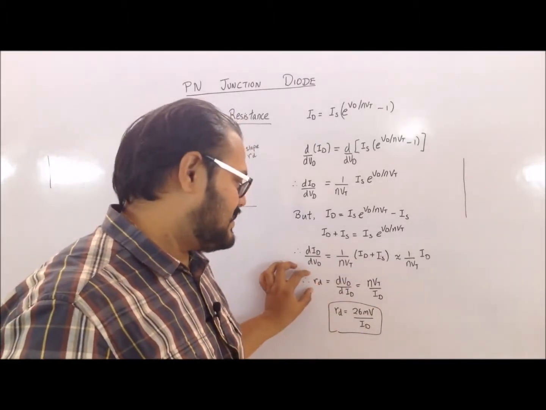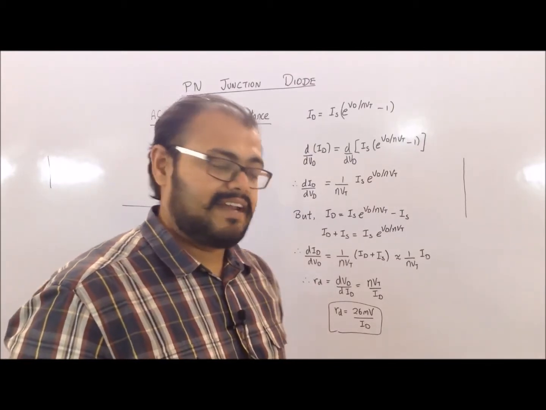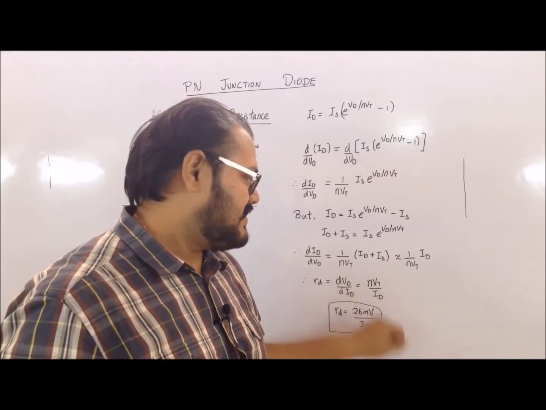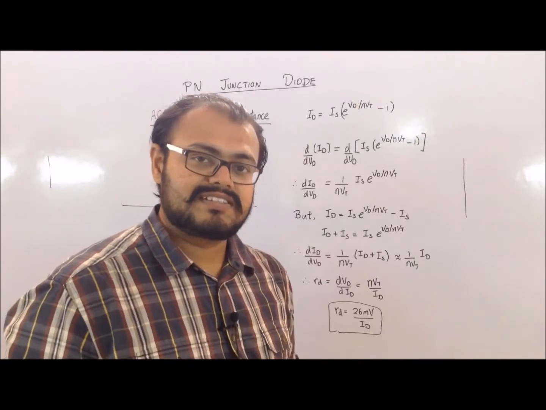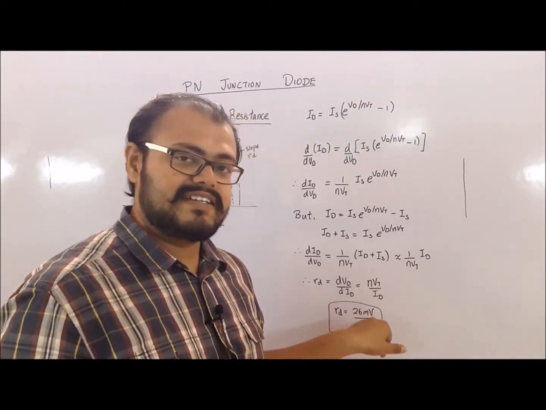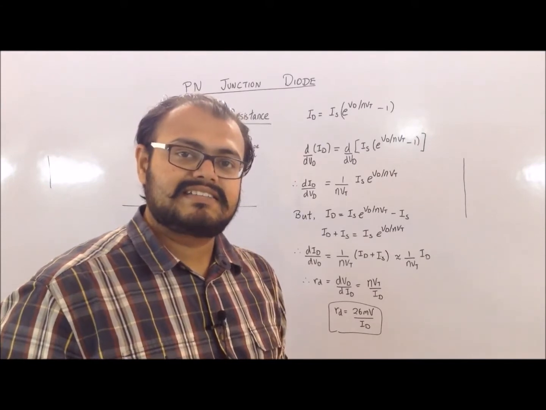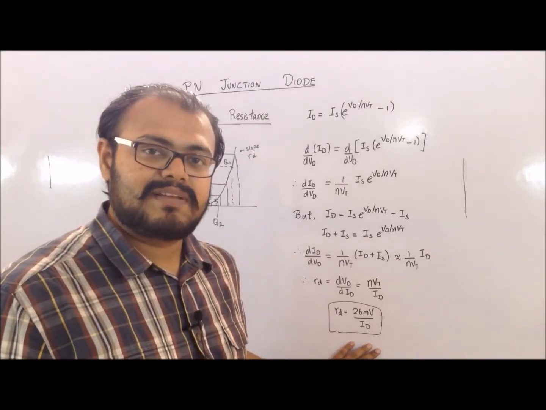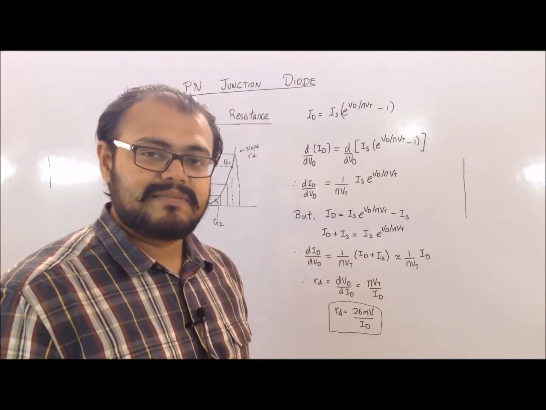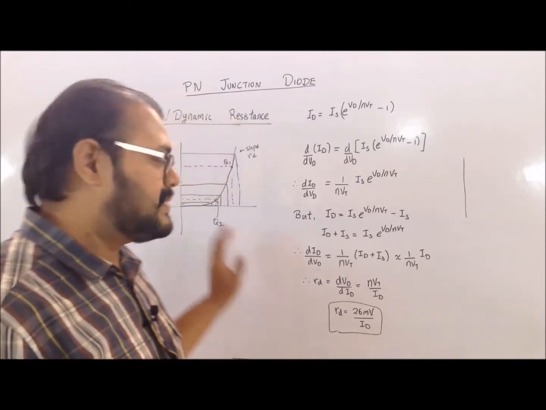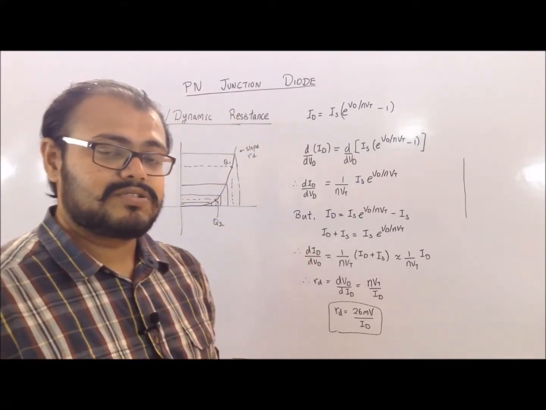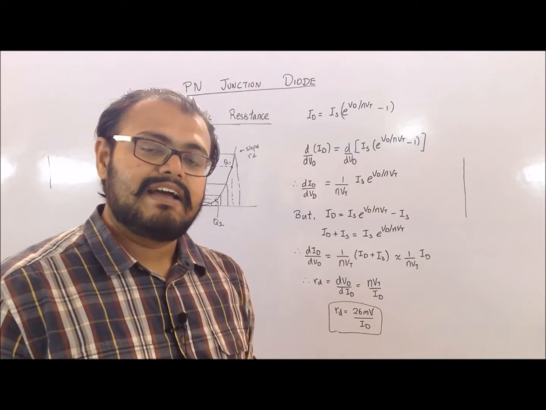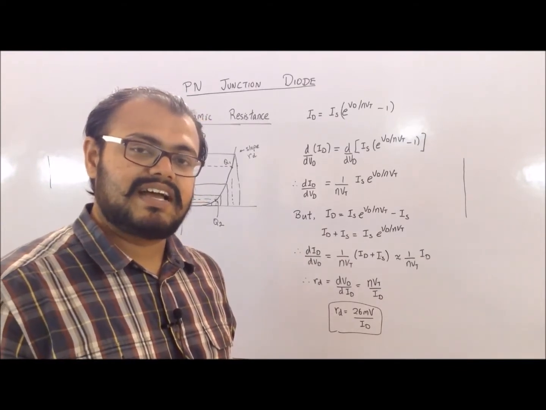From this, my RD, which is my dynamic resistance, can be calculated by dVd upon dId, which is basically nVt upon ID. Now for a silicon diode, my Vt has a value of 26 millivolts and n is considered as 1. This gives me the relation for my dynamic resistance. I have to be very careful while applying this particular equation. This represents only that region which is beyond my knee voltage region. So for a silicon diode, it will be beyond a voltage of 0.7 volts. Only then will this particular equation be having any hold.